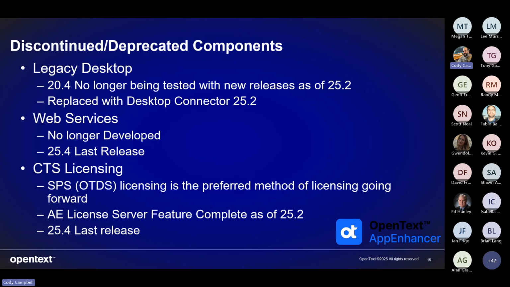And OTDS is a great thing to use if you don't have central authentication somewhere in your environment. You can use OTDS for that, and it can handle all your tokens and your group management as well as your licensing. And the best part about doing that is you get great reporting and a lot of high availability. So it's the future. We have no high availability in CTS. It is a single point of failure right now in the product.